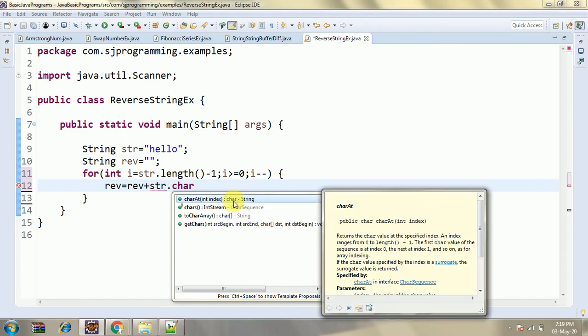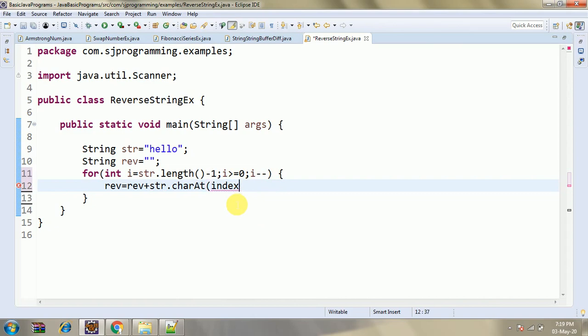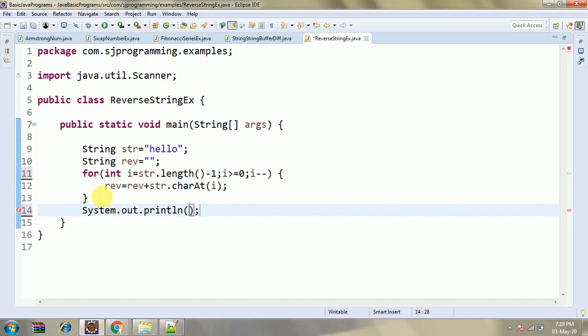So here what is the index value? i. Then after coming outside the for loop, we can print the reverse of the string.